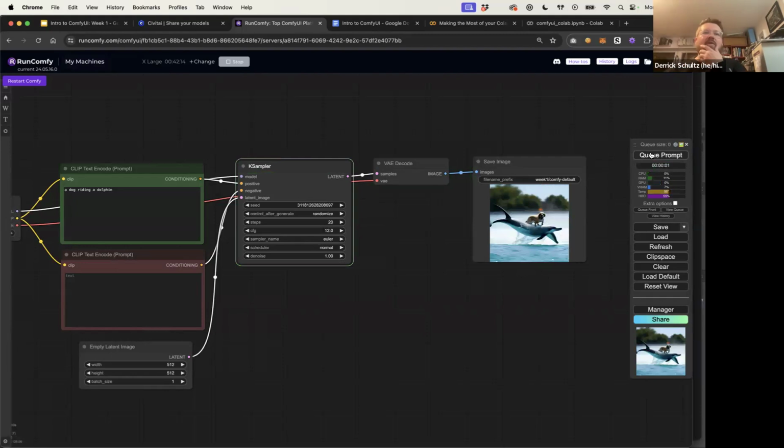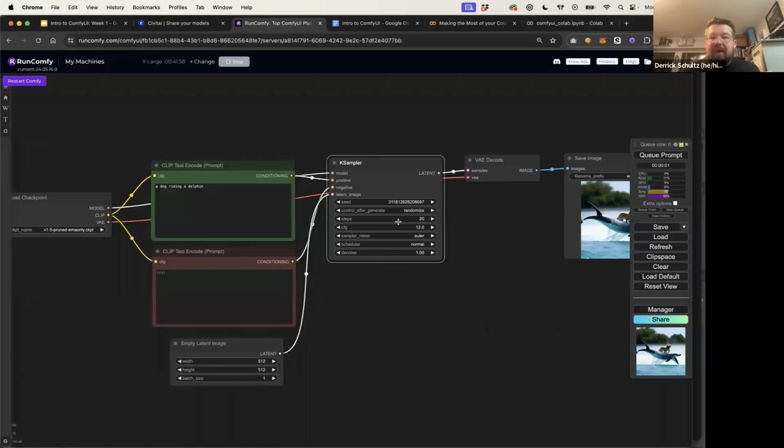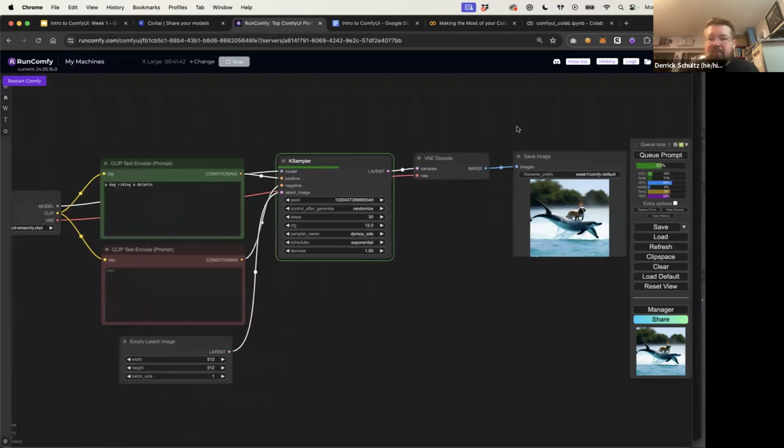There you go. So this is basically all we need to do for this week. We've learned a little about the Comfy workflow. We've learned a little bit about nodes. Every time you open RunComfy, you'll get this default. So you can just play with this. Your homework for the week is basically to play with either models or the KSampler. So go in and try a different weird sampler, or try changing the scheduling, or try cranking up the steps. Just play with stuff and see if you get different results. Cool. I still can't get a dog. Only seed 100 has a dog in it.